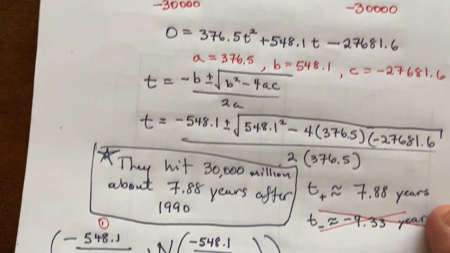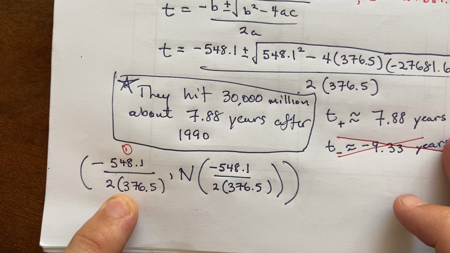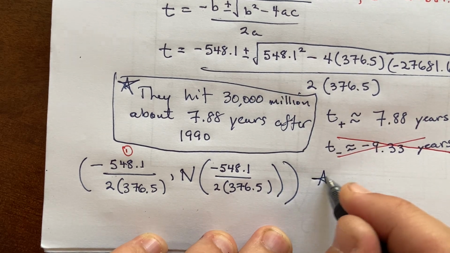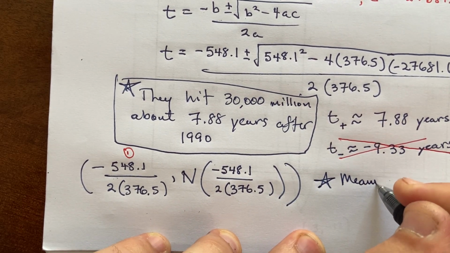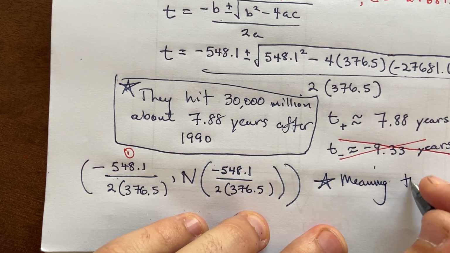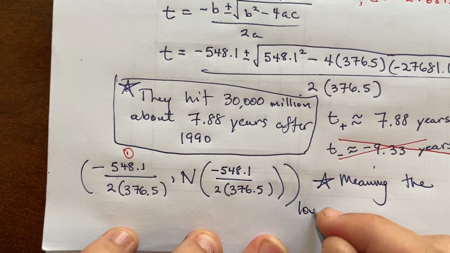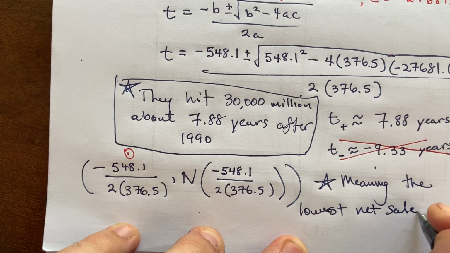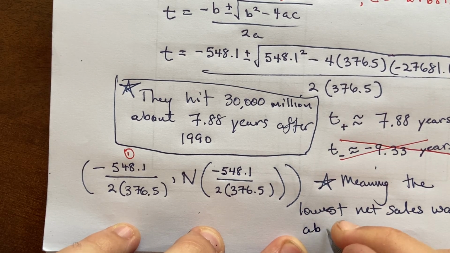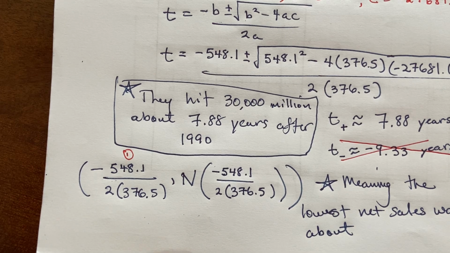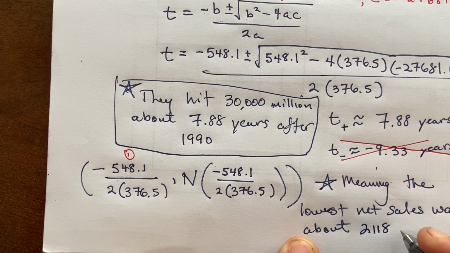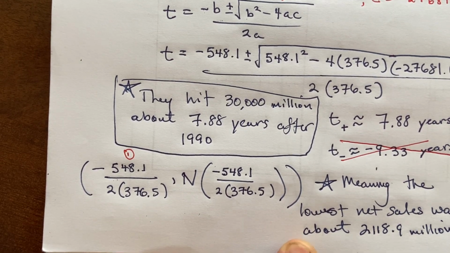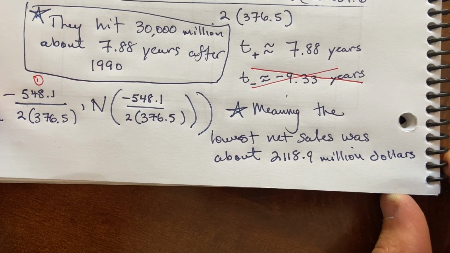So I'll say the meaning: the lowest net sales was about $2,118.9 million, sorry if that was going off the page,